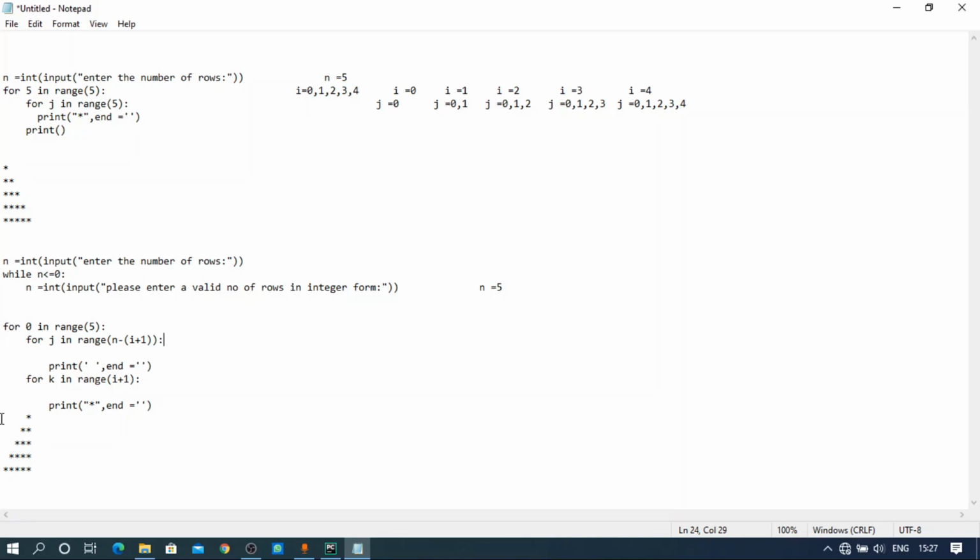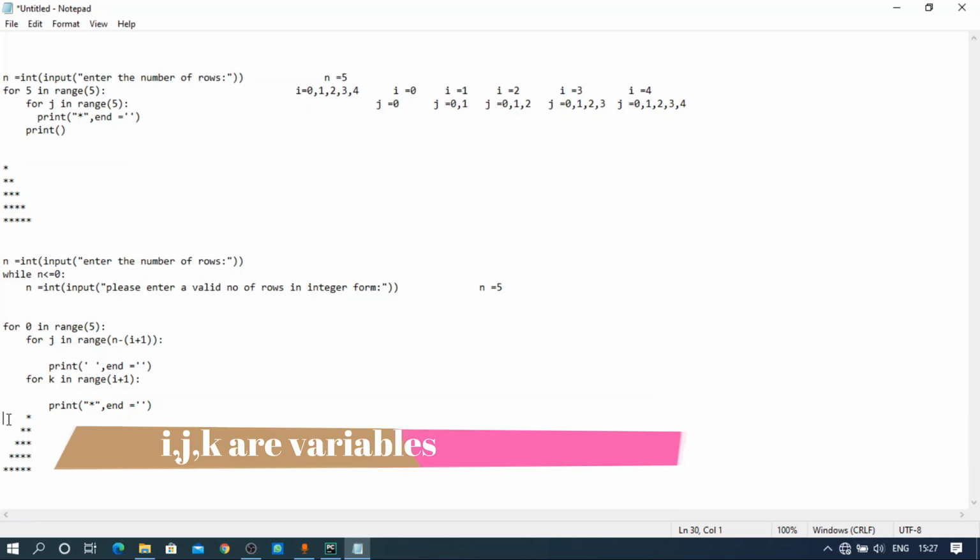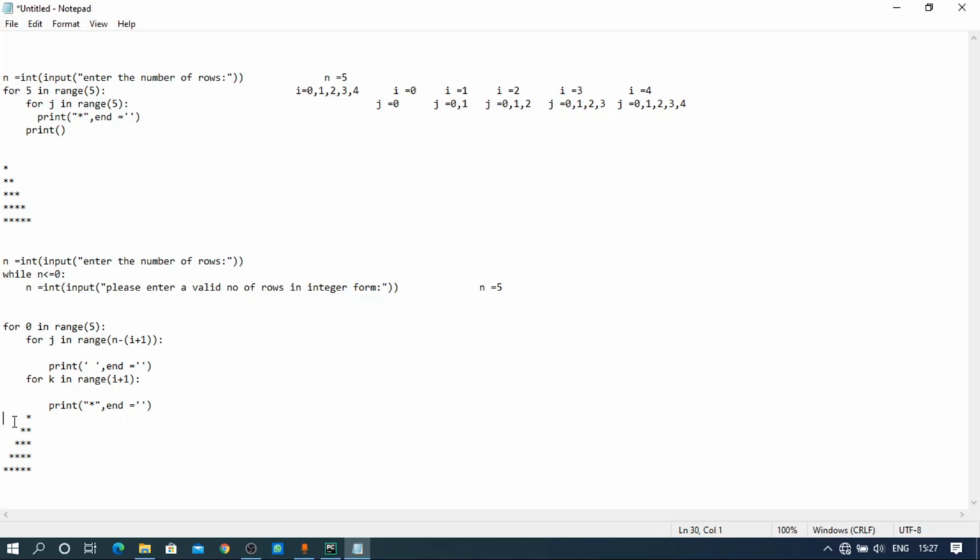In the left triangle, if we consider n rows, in the first row we will have n minus 1 blank spaces. In the second row n minus 2 blank spaces, in the third row n minus 3, in the fourth row n minus 4, and in the fifth row n minus 5 blank spaces.